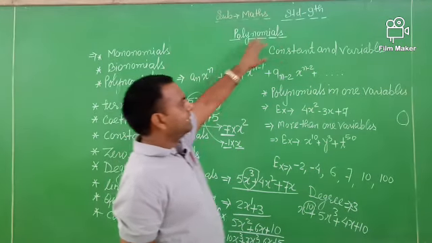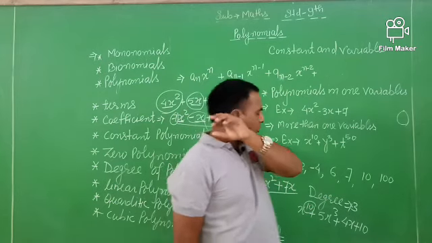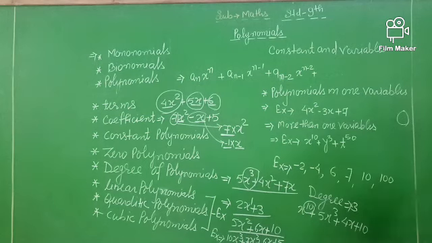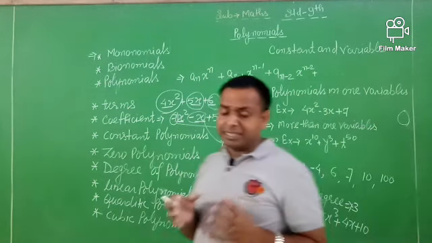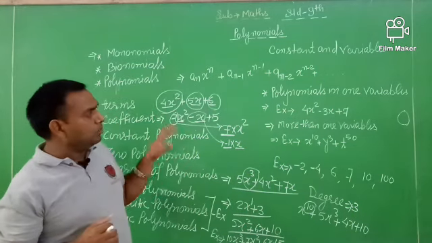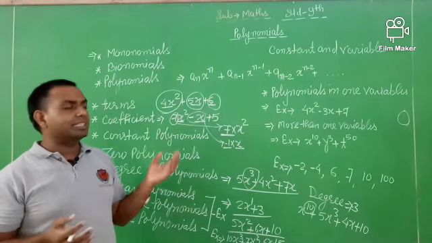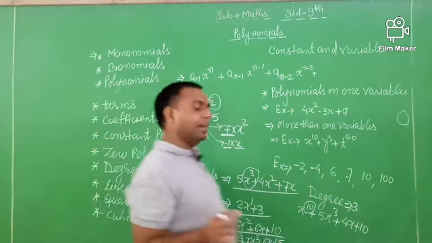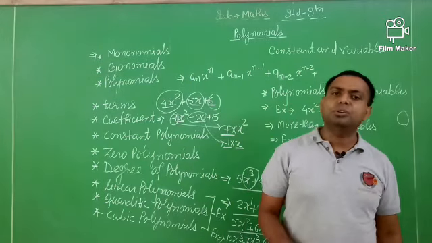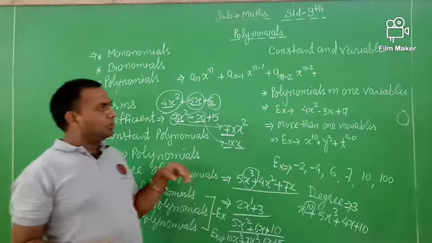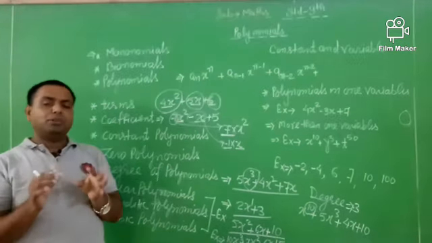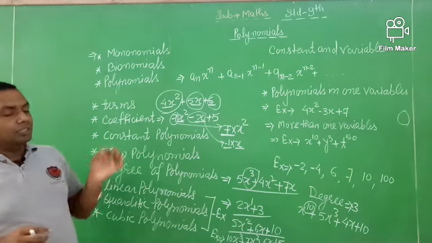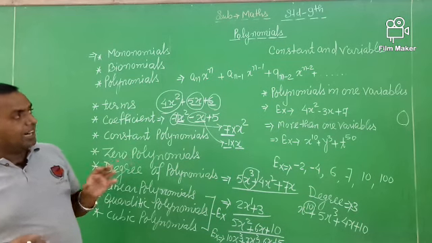Second, what is a constant and what is a variable? If the value of a number does not change, it is called a constant, and if the value changes every time, it is called a variable. I give one example. Suppose you have a coin of 1 rupee. If you are in Surat or go anywhere, the value of the 1 rupee coin is always 1 rupee. So you can say numerical quantities are constants.